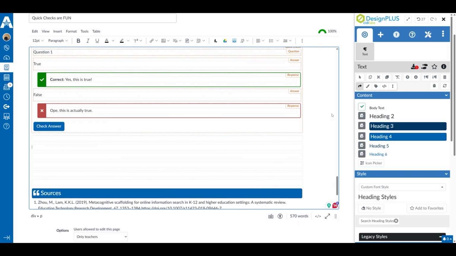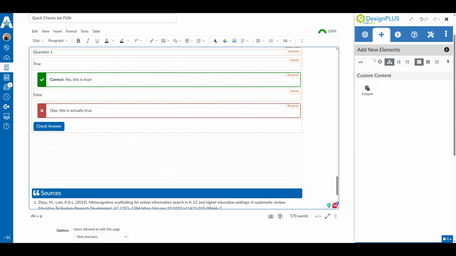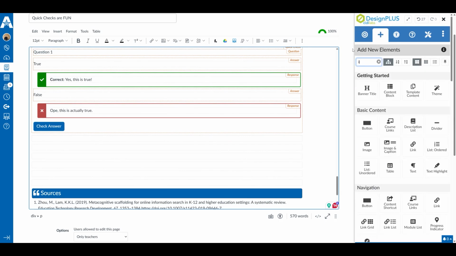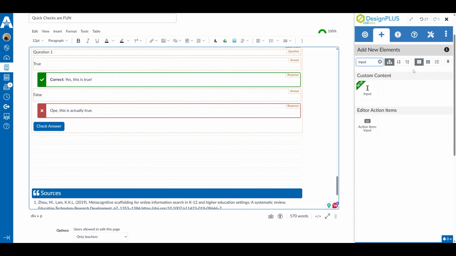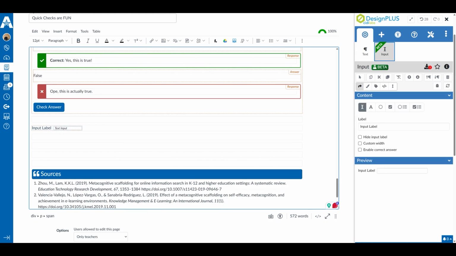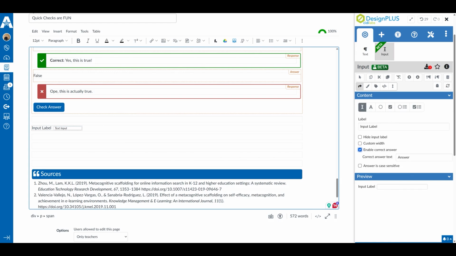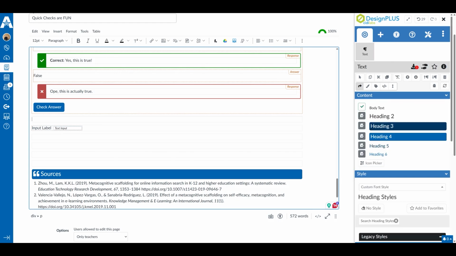The last one is the input text area. So this one's a little trickier. It's a newer sidebar feature, but it goes with the input tool. So we'll search for add new element input and we'll choose input. So it'll say input label text input. So you want to have a text input field, and then you want to also enable a correct answer. So maybe we say,